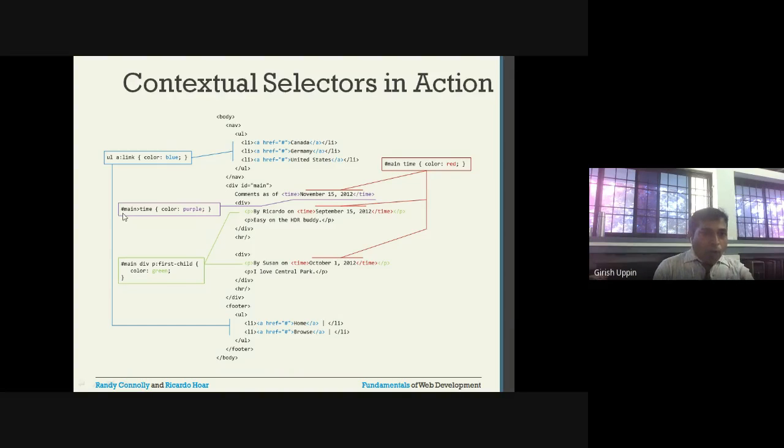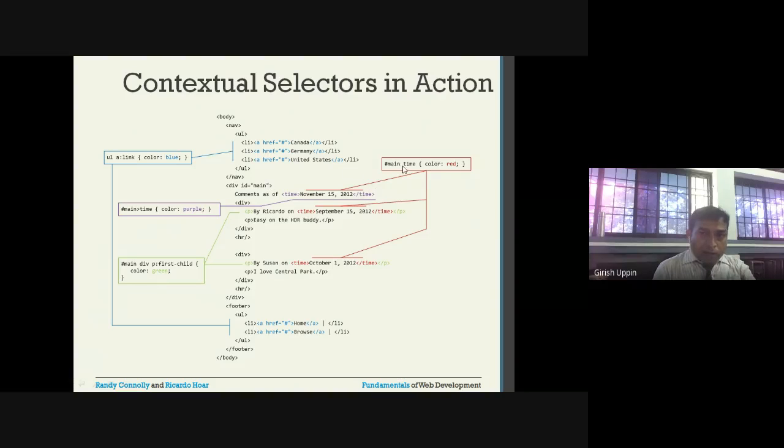I have one more rule here, hash main greater than. What does the greater than mean? It is a child. If main has a child time, it will be shown as purple. So this particular rule will override this one. The reason is that we have main, and inside that this particular time is a child of this main, so it will be shown in purple color.